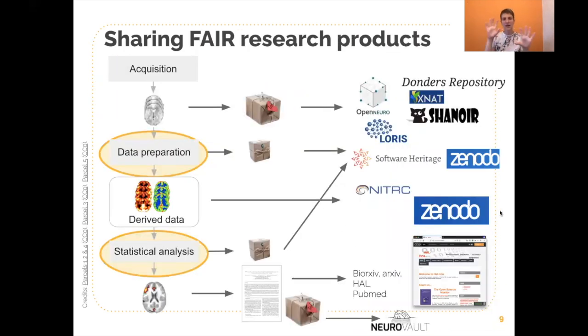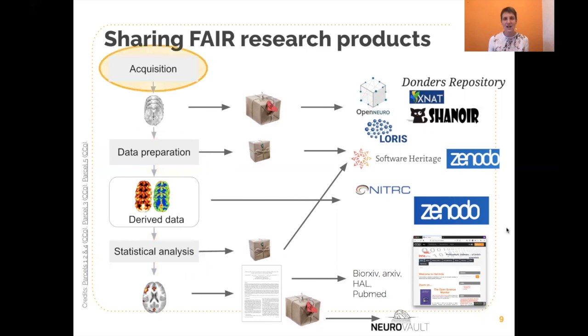So here we have a view, again, of how to share raw data, how to share results, derived data, and our code. There is one aspect that I've completely overlooked, which is sharing information about the acquisition. And here again, it's a really, really big world. So you might want to share, for instance, the images that were shown in the MRI machine to the participants